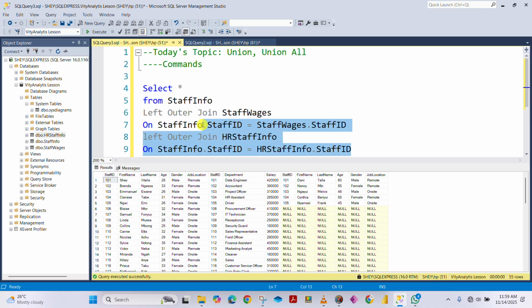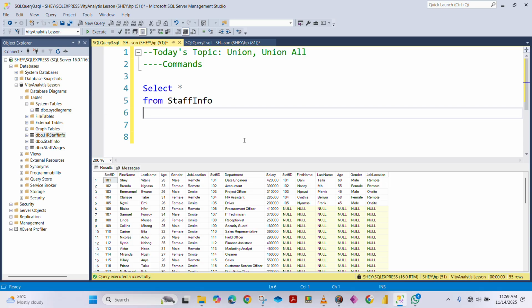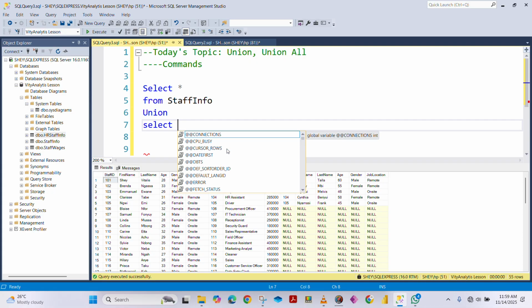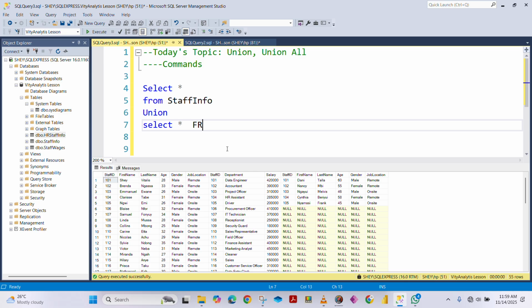Let us now see what unions will do. Let's just go with unions. We select HR star from